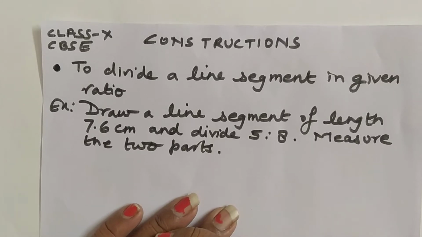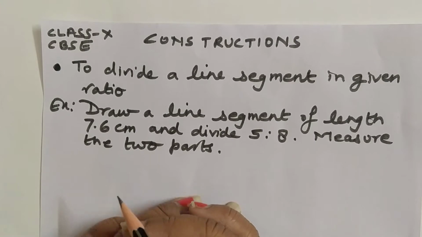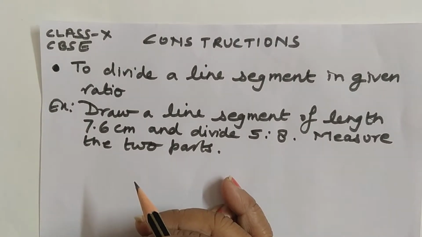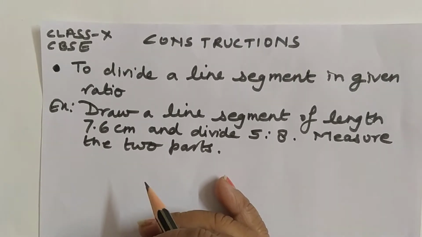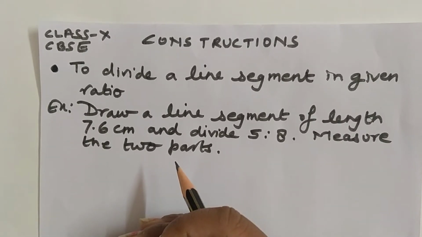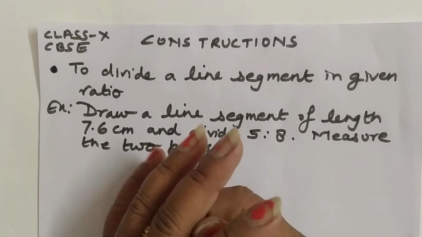Hello students, today we are going to start with the topic of construction of class 10. As we know, for the year 2020-21, a few syllabus portions are deducted. So from construction, only two things are now in our syllabus: to divide a line segment in a given ratio internally, and to construct a pair of tangents to a circle from a point outside it. So two topics are there, and I am going to explain both constructions here.